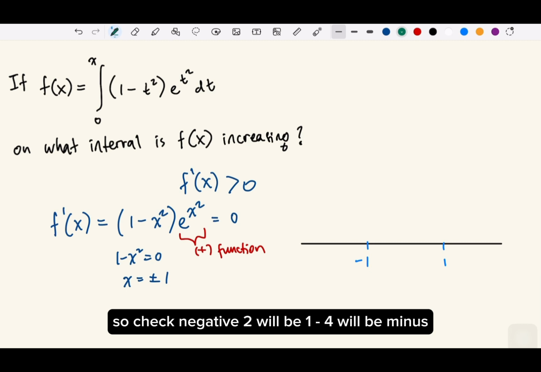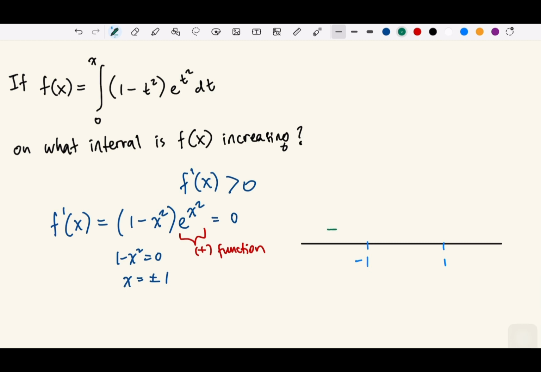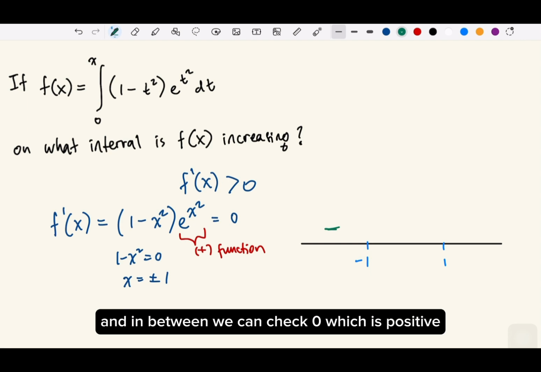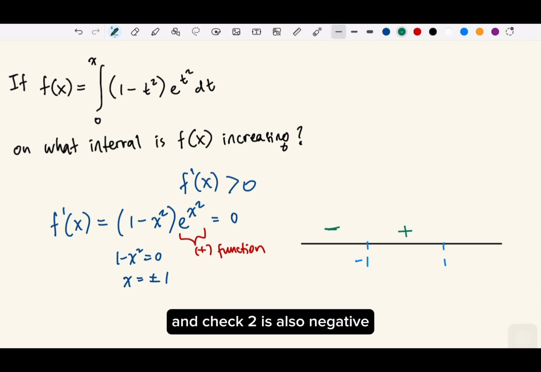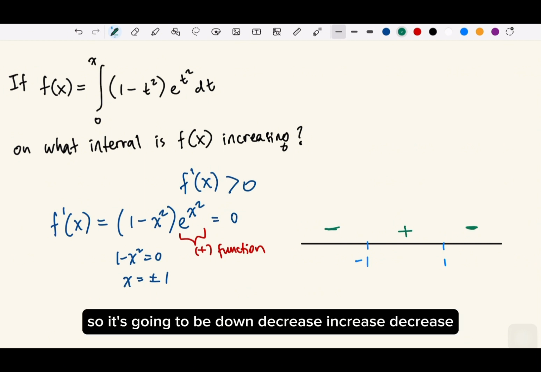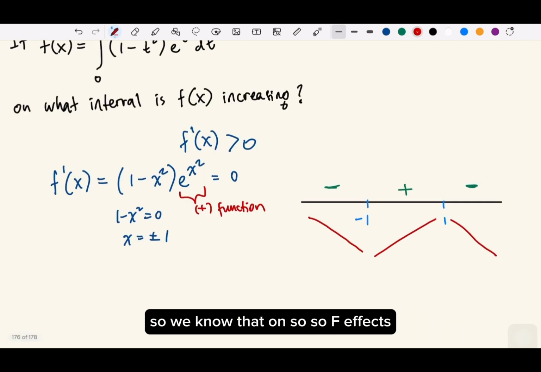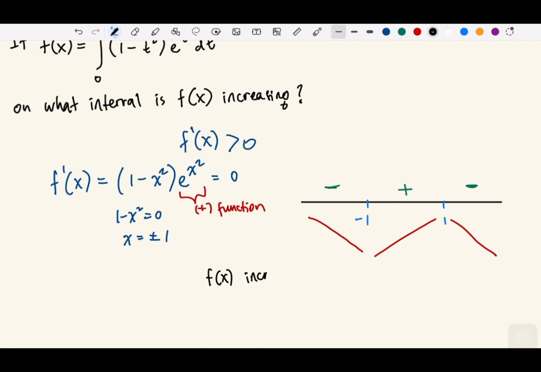So check negative 2: 1 minus 4 will be minus, right? And then in between we can check 0, which is positive. We can check 2, it's also negative. So it's going to be decrease, increase, decrease. So we know that f of x increases on